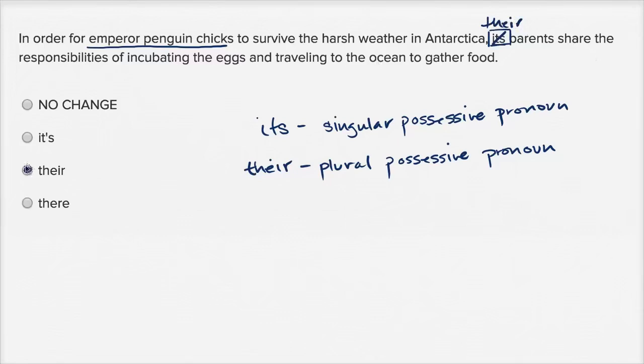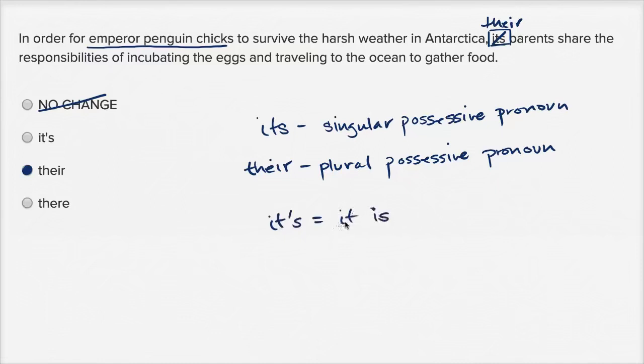So that's this choice right over here. So once again, we rule out this one because that would be if we're talking about one penguin chick's parents. We're talking about many penguin chicks' parents. And "it's" with an apostrophe S, you might be tempted to think that this is possessive. Even if you were kind of confusing it with "its" right over here, this one actually is the contraction. So it apostrophe S is a contraction for